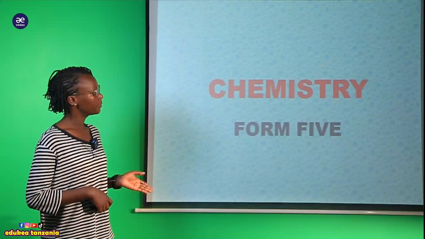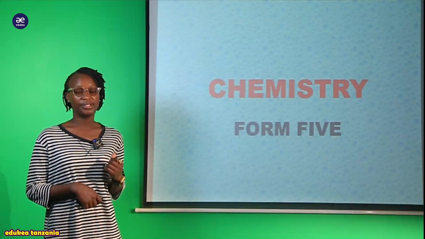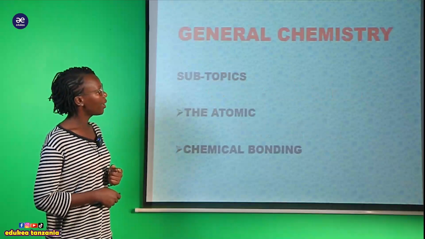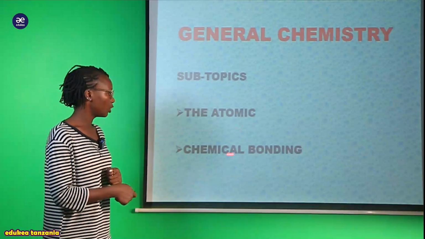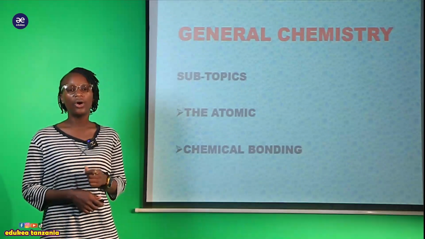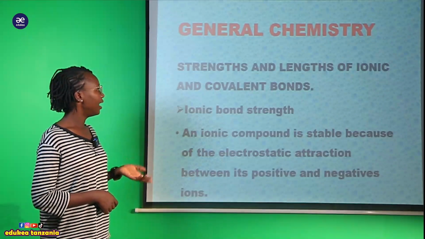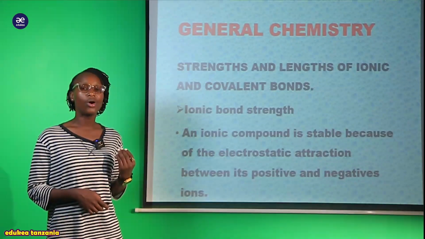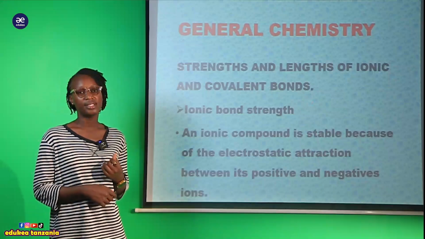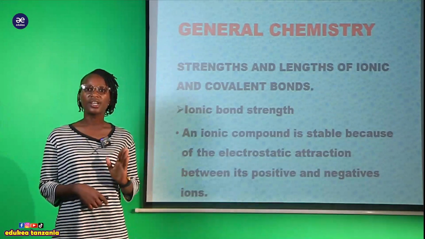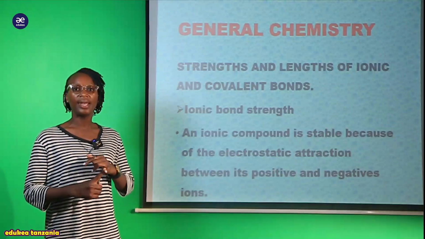And here, my student team, we have our chemistry subject and our class level is Form 5. So we are proceeding with the general chemistry in our second topic, which is chemical bonding. So my student, today we're going to discuss another concept which is all about the strength and length of ionic and covalent bond. Tulipokuwa tunaona introduction ya chemical bonding, obvious tuliona kwamba we are going to learn about the